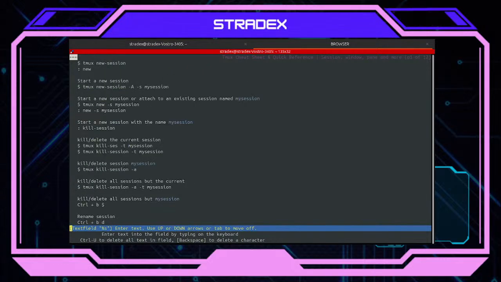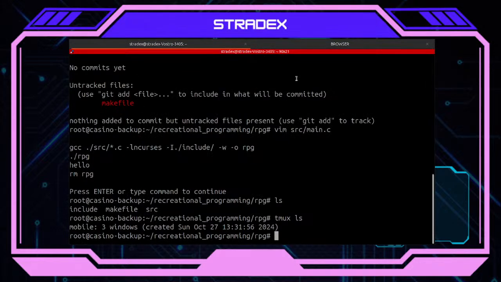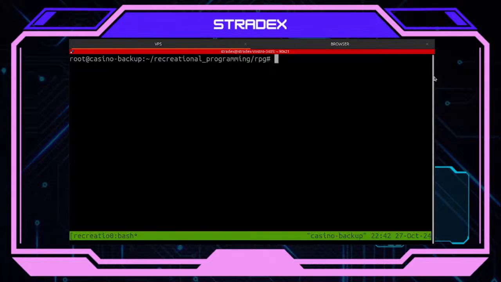Okay, tmux new -s session name. Okay, then for me, tmux new -s, let's call this Recreational. Right. So this one is going to be called.